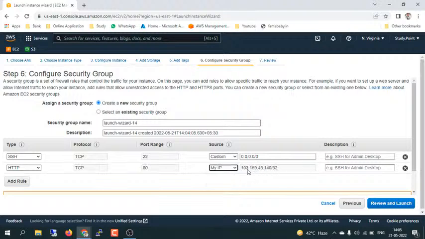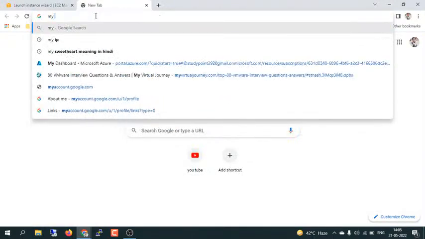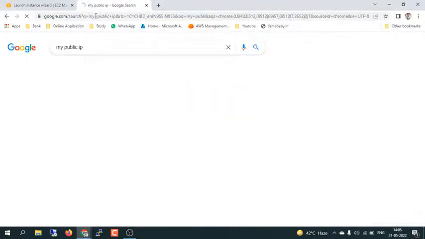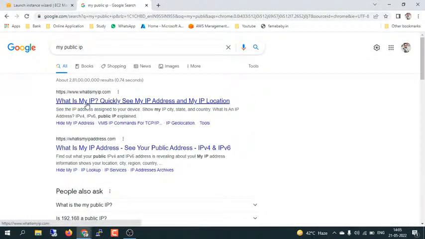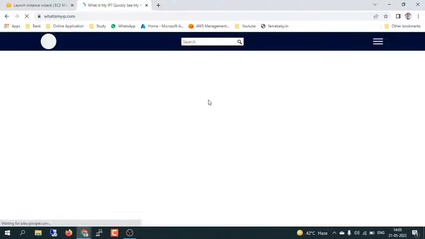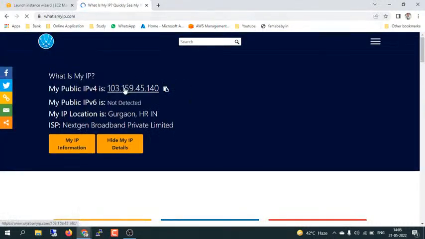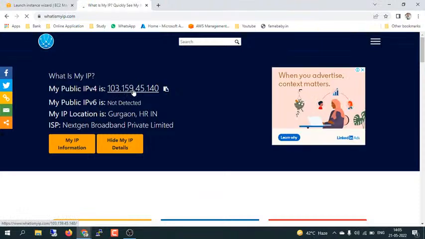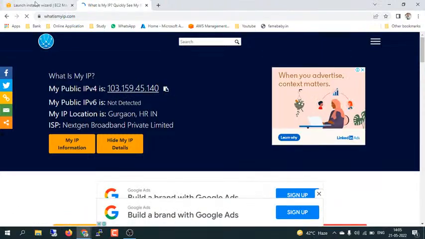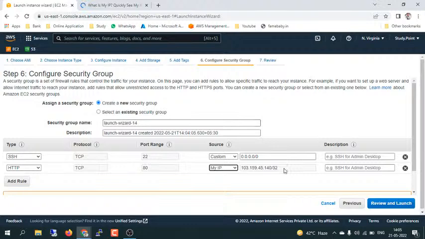So if you see that, 103.159.45.140/32, let me show you my public IP. You can see that my public IP is 103.159.45.140. So it will automatically pick that IP here. Okay, but let me select custom here, and then I'm going to use it for intranet, like